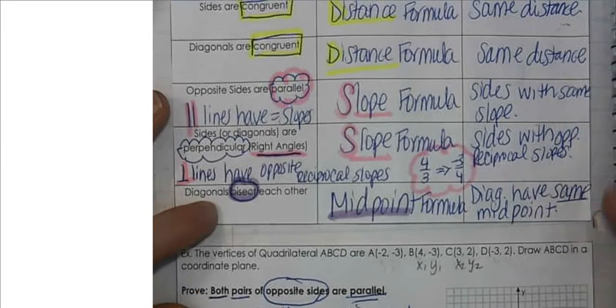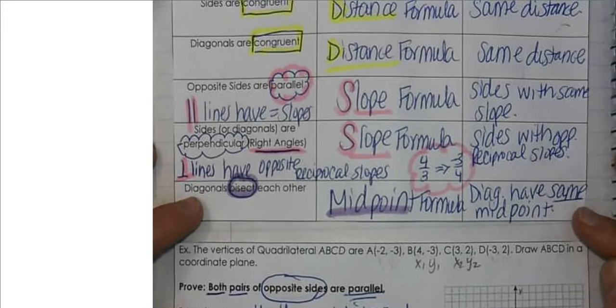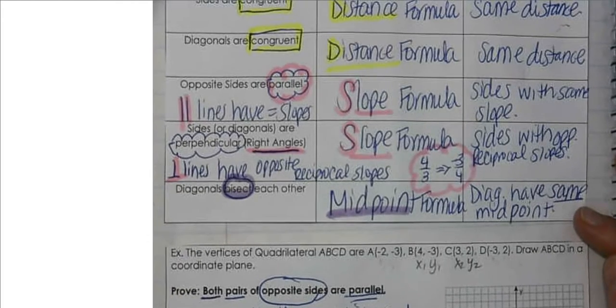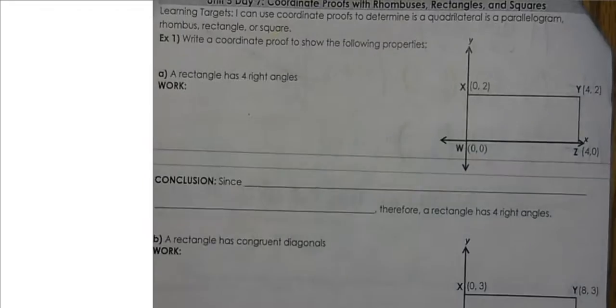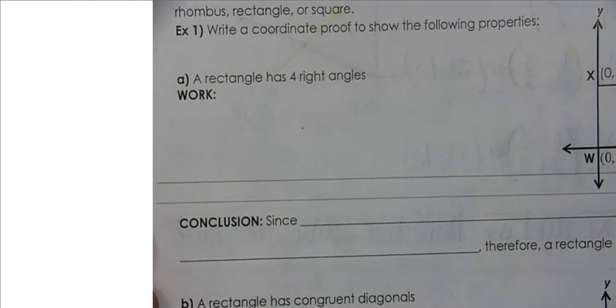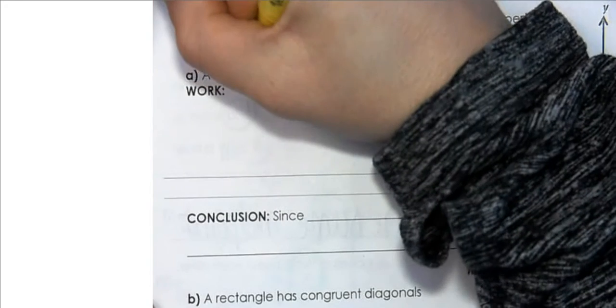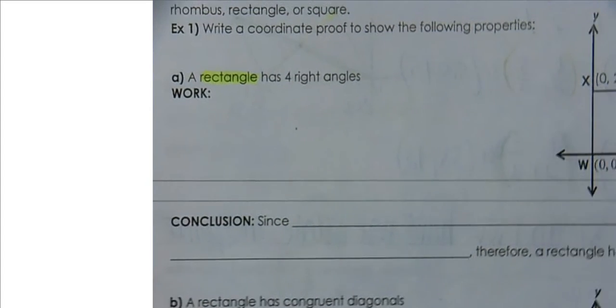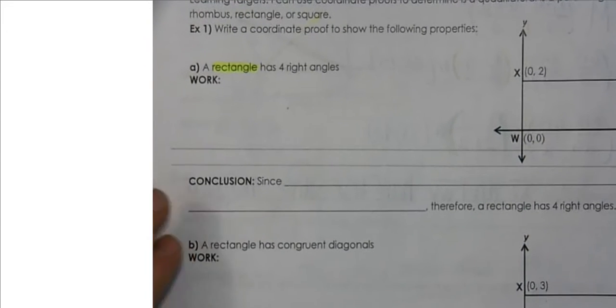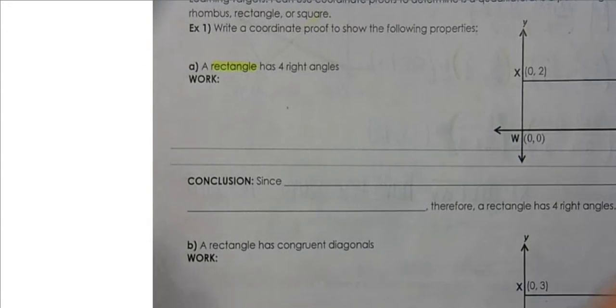And finally, if you want to show that the diagonals bisect each other, you're going to be working with the midpoint formula, and you would want to show that the diagonals, for example, have the same midpoint. So it all just depends on what we are asked to prove. Like we saw in letter A, we are told that we have ourselves a rectangle. A lot of times these shapes are going to be pretty obvious. Clearly this is a rectangle, but we want to show that it has 4 right angles. So that indicates that we need to be working with the slope formula, and we need to show